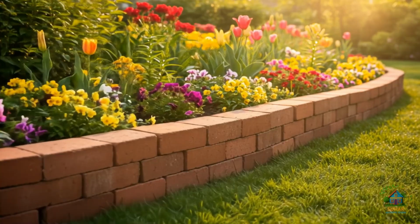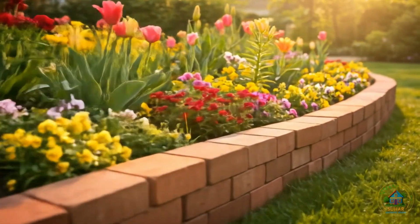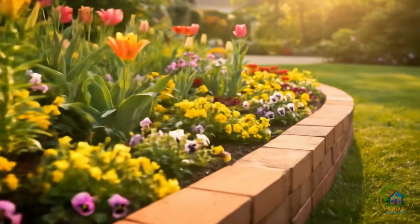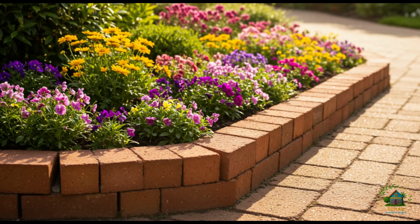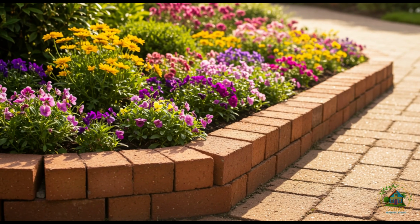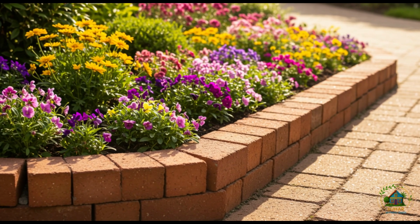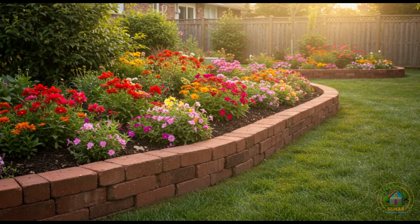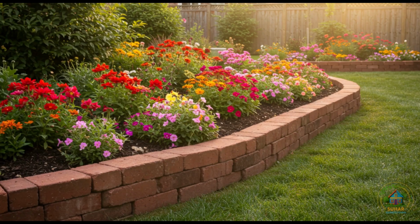One, red brick garden border charm. One of the most elegant and durable garden border solutions is using classic red bricks. Not only does it bring a warm, timeless charm, but it also functions effectively as a separator between planting areas and walkways. With neatly aligned rows, red brick creates a strong and aesthetic visual boundary between flower beds and paved